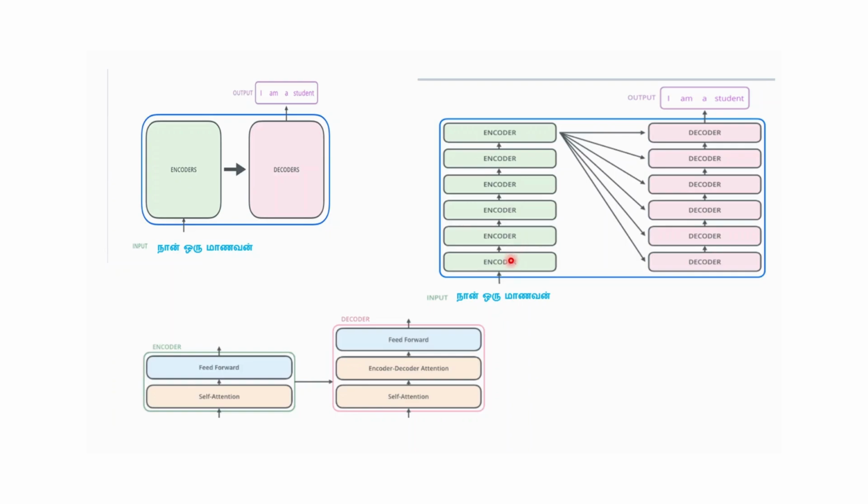So though the transformer architecture when published by Google had the encoder and decoder, these large language models, depending upon what task they are meant for, will have the encoders and the decoders. Encoder-only models are also available, decoder-only models are also available. So when you have encoder-only models, these are mainly meant